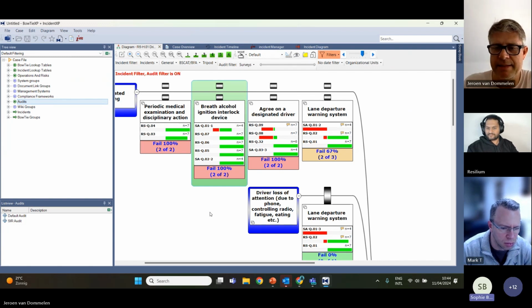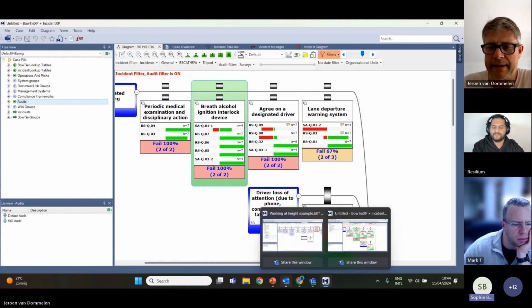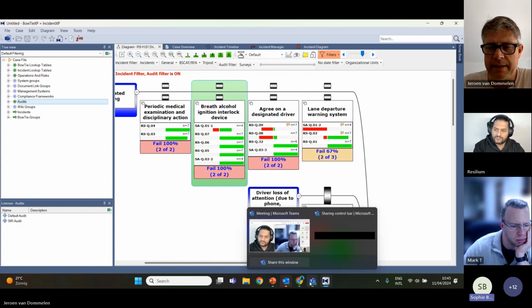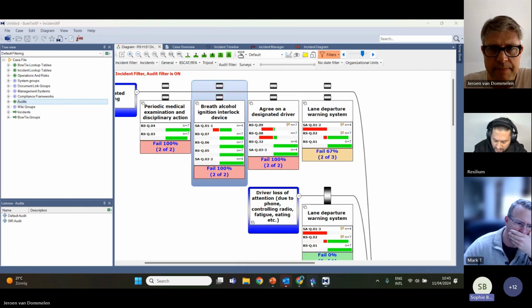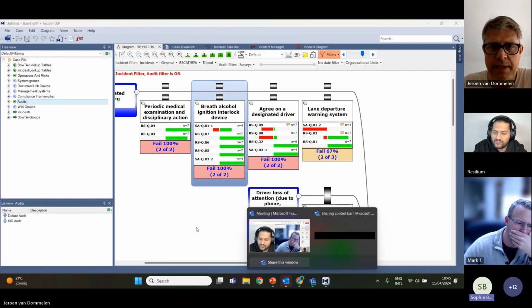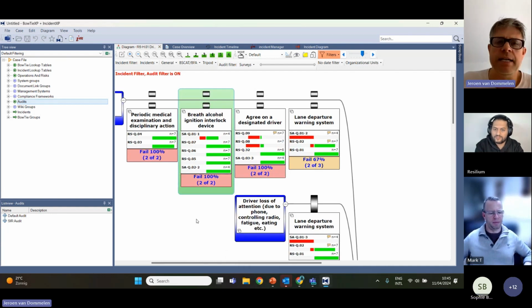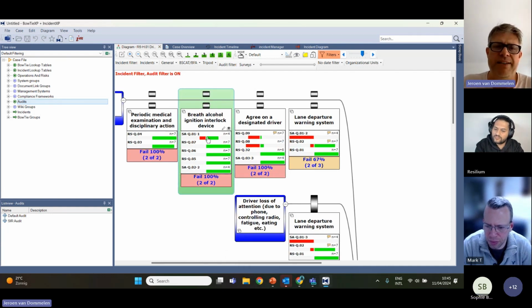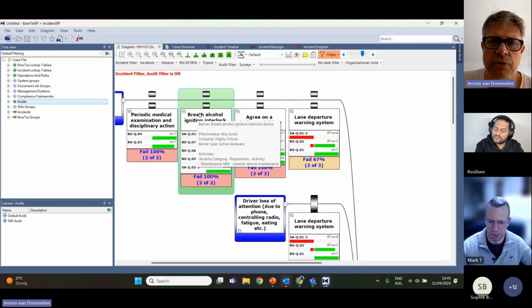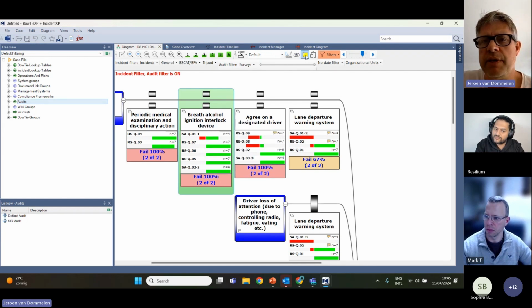For the action, can the action be shared by multiple people? And can the view on the action be shared with multiple people? Yes, of course. If you want to add actions to barriers, we've got this action sticky note,